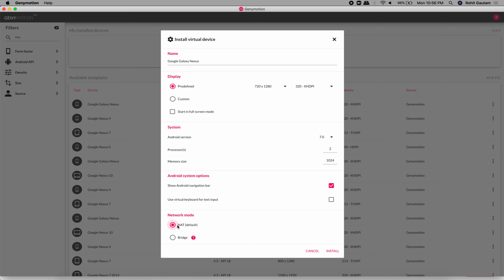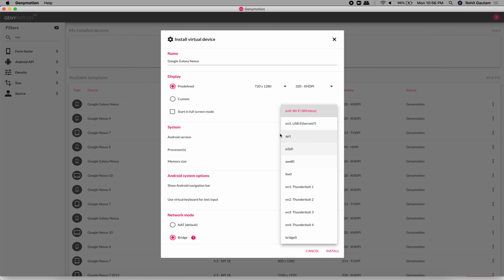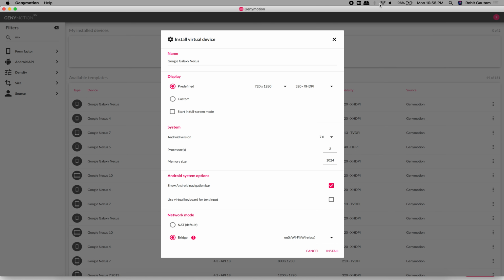After that you can choose any network mode you want. You can choose bridge or NAT, anything works fine. For my personal preference, I choose bridge. Then it should be bridged to which network adapter. I'm running on a Wi-Fi network, so I'm going to choose wireless, and I just have to hit install. You can modify the memory size, that is the RAM that you want to give to this virtual machine or virtual Android OS, and the processors you want, according to your requirements or the preferences of your machine. Now you just need to hit install and it will start downloading.